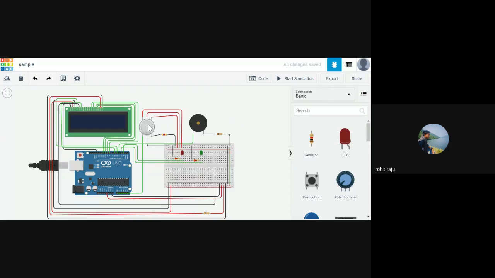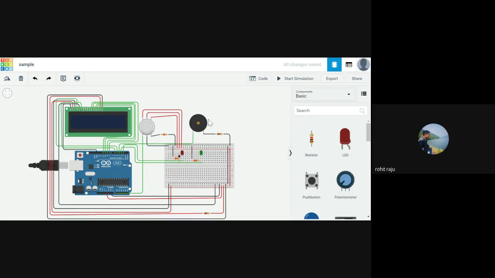Here we have a gas sensor, an LCD display, an Arduino board, and a buzzer. We also have two LEDs, one red and one green. If there is no toxic gas in the room and we are in a safe room, the green LED starts glowing and we get a safe message here. If there is some toxic gas in the room, the red LED starts glowing and the buzzer will be set to high. It gives out a high frequency sound, and you get an alert message here.